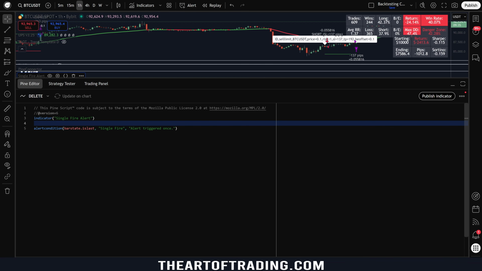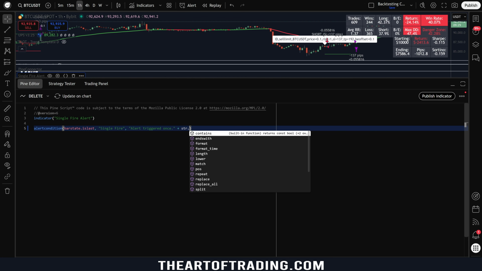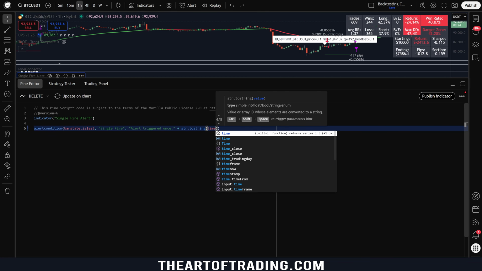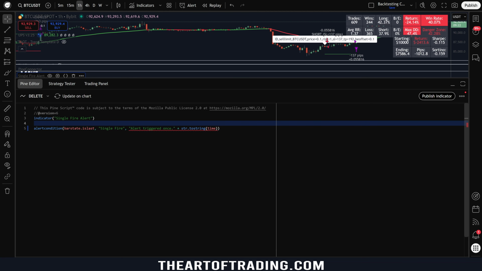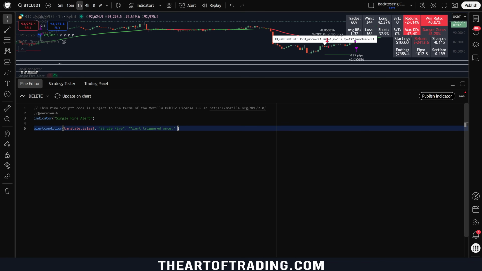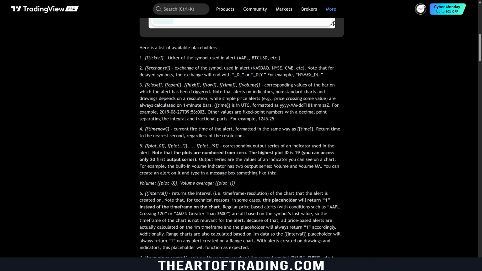Anyway, to wrap up, one last thing to note is if you do need to use the alert condition function to trigger your alerts, you can't just append values like this to the alert. It won't work because the script is expecting a constant string. So what we need to do instead is use the placeholders, which are these here. There are a bunch of inbuilt ones you can use, or you can use your own placeholders if you need